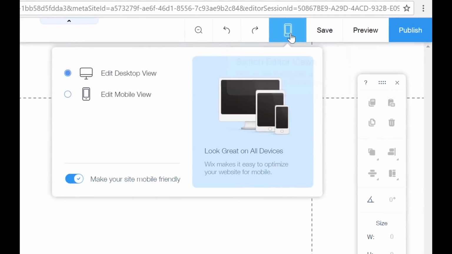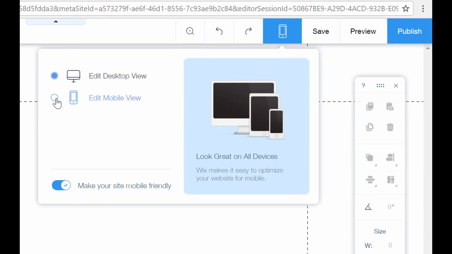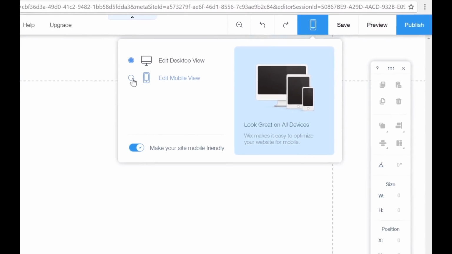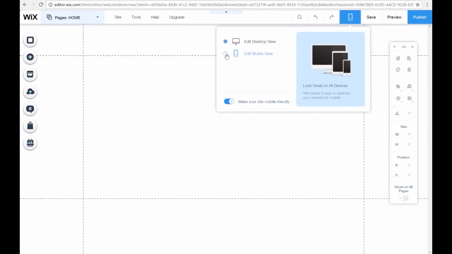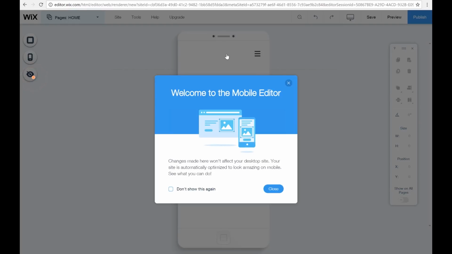Now the mobile editor I think is very important, because Wix automatically generate a mobile responsive design for your website, which is everything nowadays. That's all people do. People don't have the time to sit and look up a website on a computer. Mostly the younger generation will just lift up the closest device, which is normally a phone.